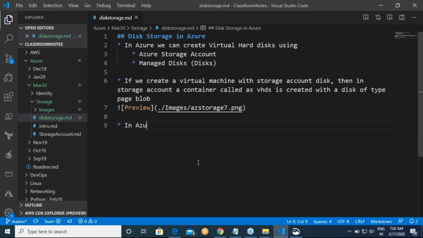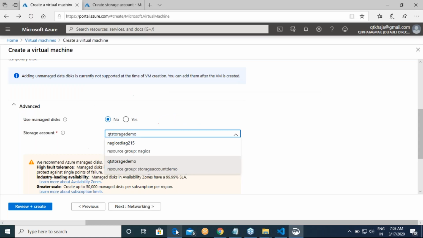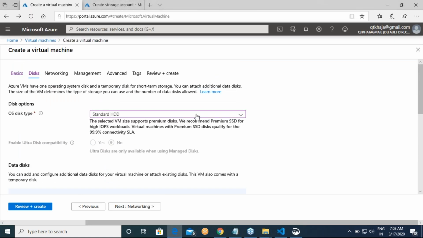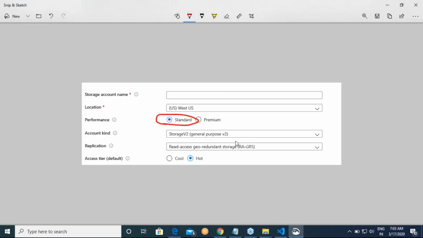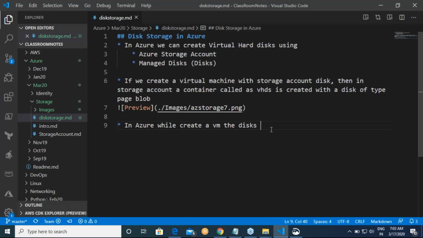So in Azure, while creating a VM, the disk options are the disk.